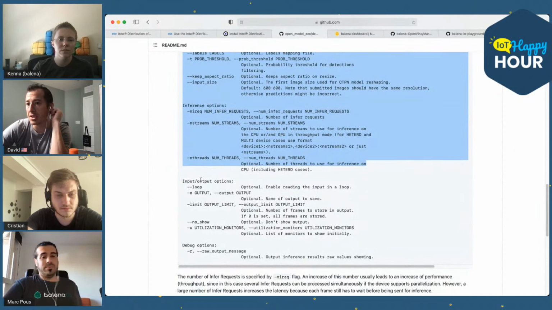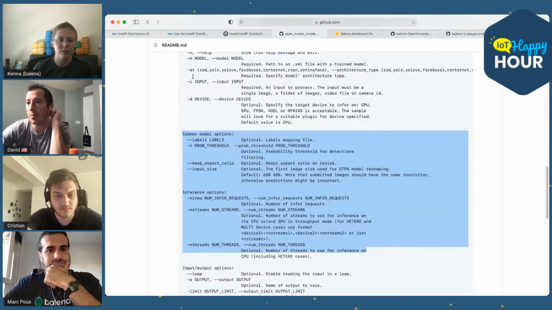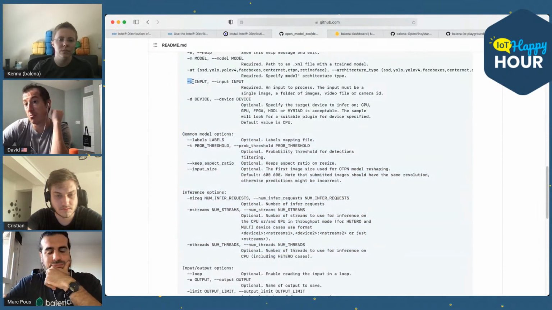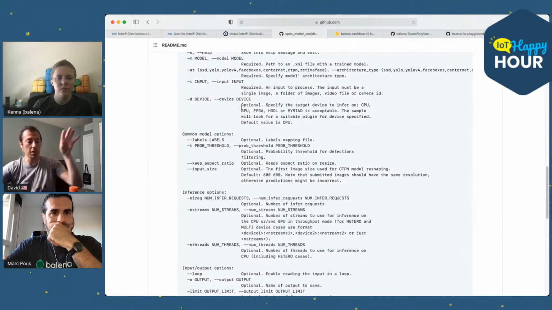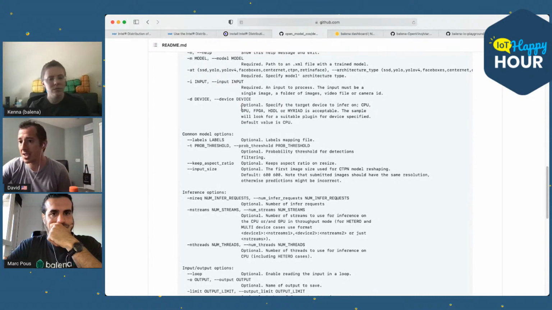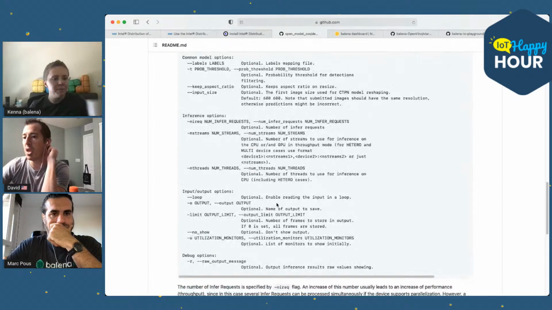So for example, your input, which in my case is /dev/video0, your device to make use of, whether it's CPU, GPU, or Myriad, which is the accelerator stick, and some other options to make use of as well.